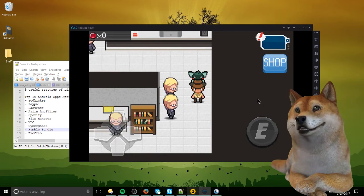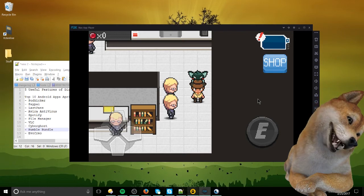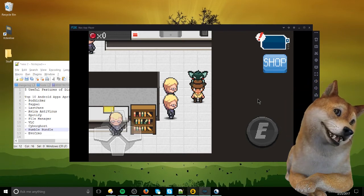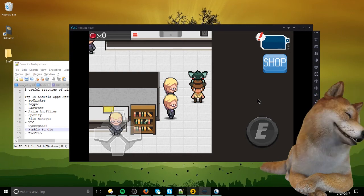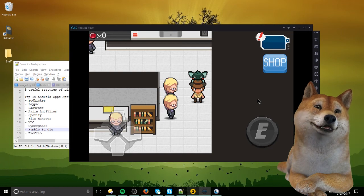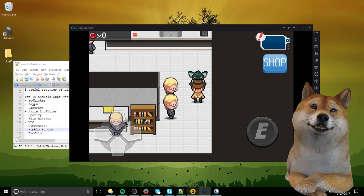And then lastly, I want to show you guys Creo, which is a game, and I don't normally put games on a list like this because really you're looking for apps. But a lot of people do play games on their Android devices. I would hazard to say maybe even most people have 1 or 2 games installed. And as you can pretty much see, if you've ever played a Pokemon game,